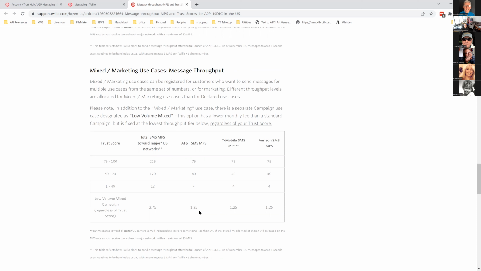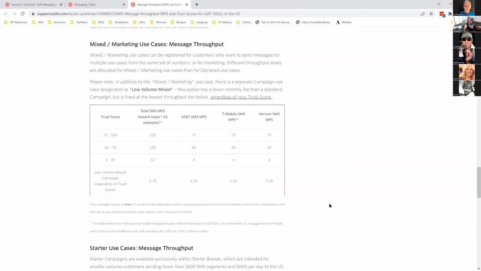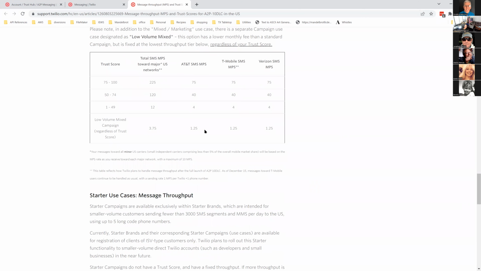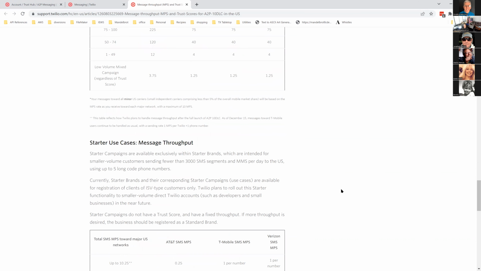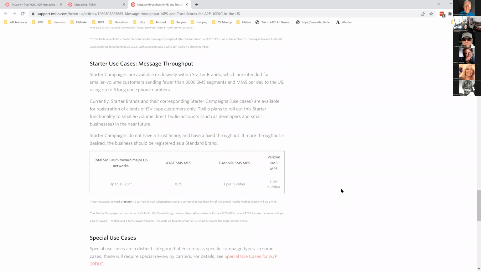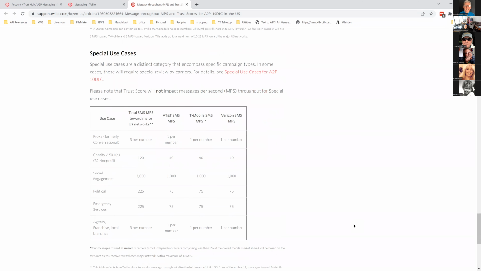Because you have to think, what's the cell carrier going to try to filter out? Well, the ones where it says click here, and then that link takes you somewhere that installs something nasty on your phone, or puts a cookie on your phone, right? So registering that is going to immediately increase you up to 4, unless you're totally unregistered, no campaign type of a thing. So there's also some starter use cases, and those numbers are a little bit lower. So this can all get kind of confusing, right?